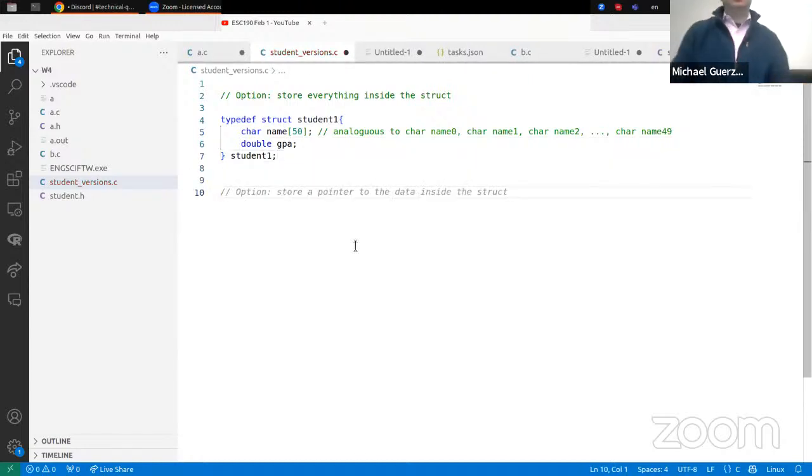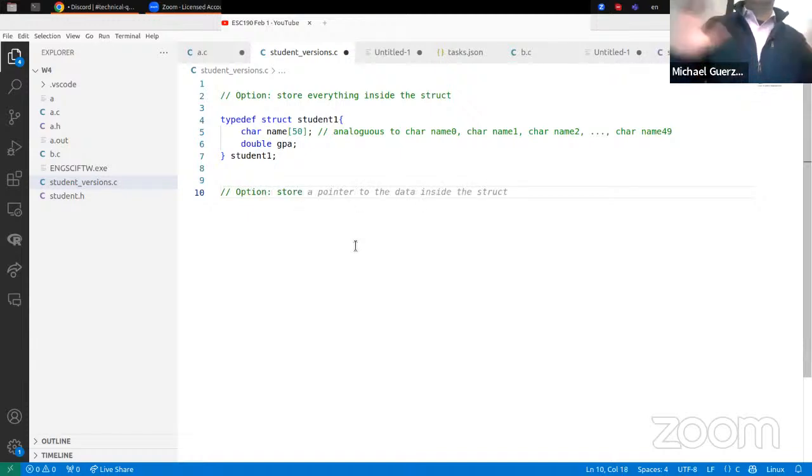So, okay. So another option would be to store a pointer to the name rather than the name itself, right? So inside the struct,